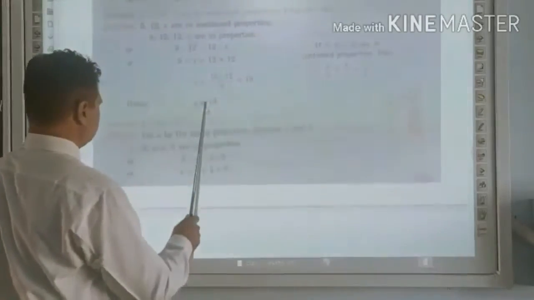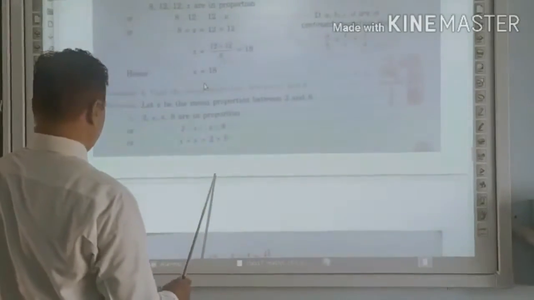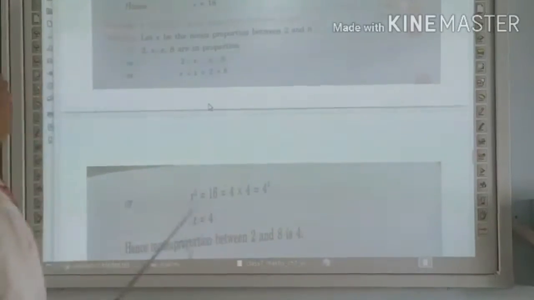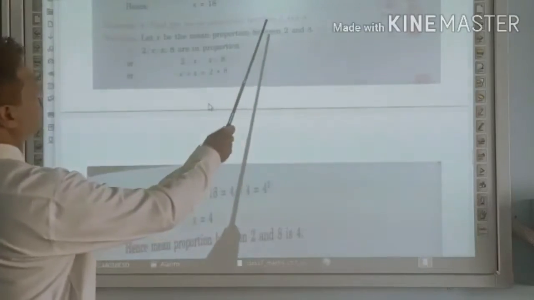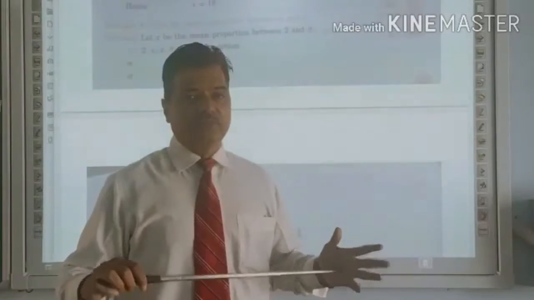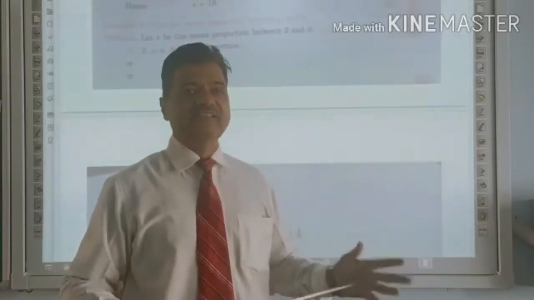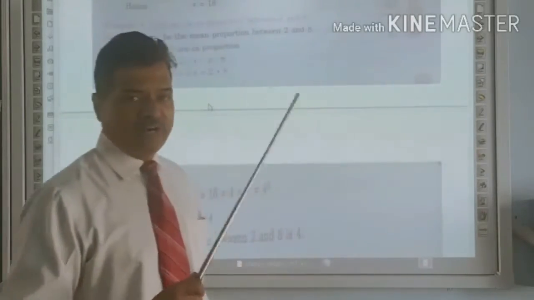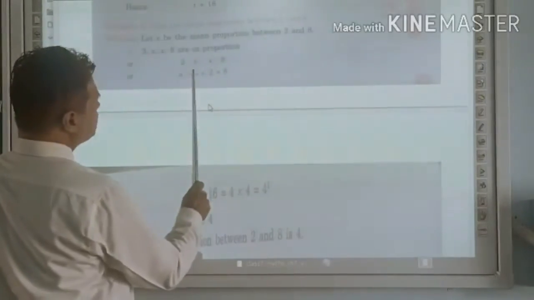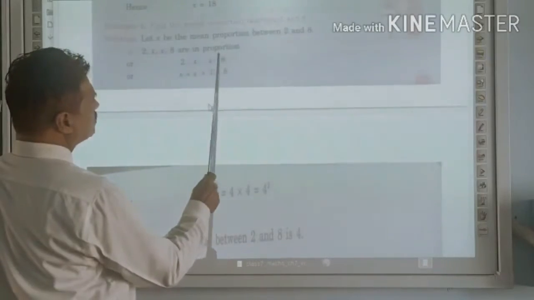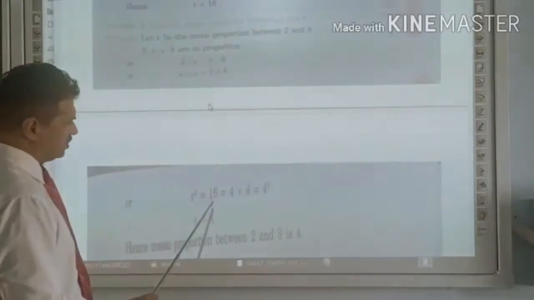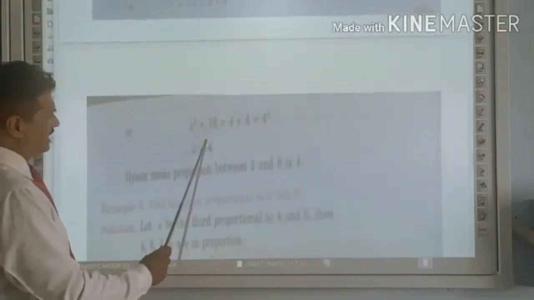Now, question number 4. Find the mean proportion between 2 and 8. Simply, the mean proportion squared is equal to the multiplication of the extremes. Like 2 ratio X is equal to X ratio 8. X square is equal to 2 into 8. X square is equal to 16. Then we can say X is equal